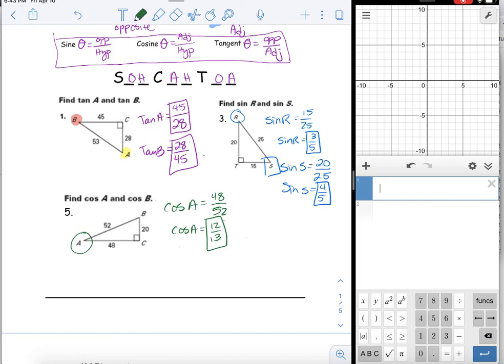For cosine of B, we're going to start up here with B, and we're going to use the adjacent and the hypotenuse to angle B, and the adjacent is 20 and the hypotenuse is 52. And so 20 divided by 52 reduces to 5/13. So the cosine of B is 5/13. So here's what you're going to do if you're just asked to write the ratio. If you're asked to solve